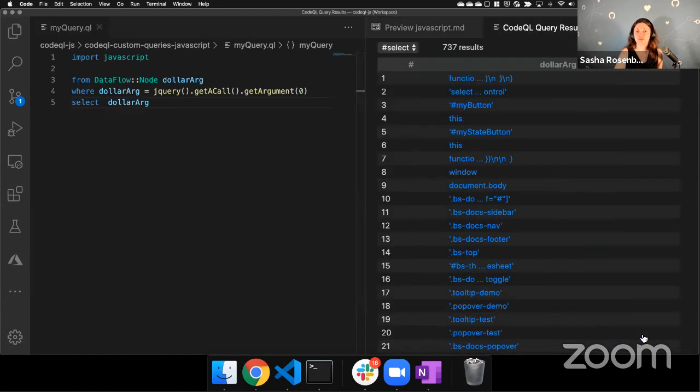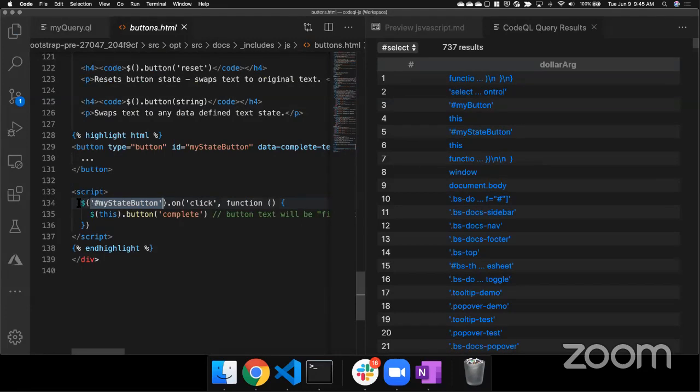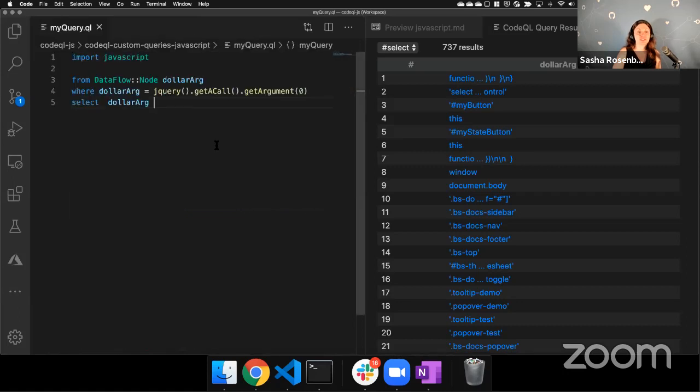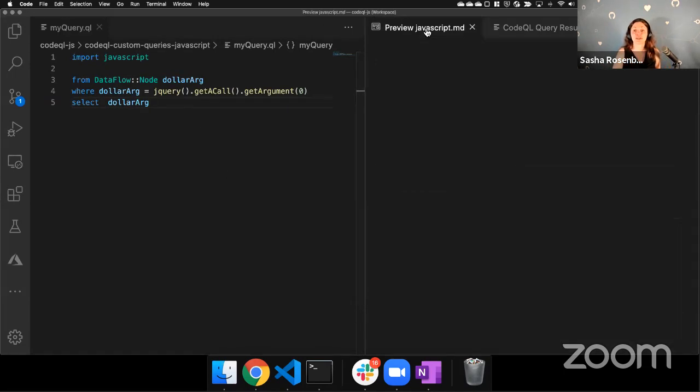Okay, so let's do view results. So in this case, we can see that it's the same results. So there was nothing defined in a different spelling, but it actually returned the same things. And we can see that indeed this was a call to the dollar. So now I'm returning the argument in particular, but you can see that these were indeed the functions calling dollar function with an argument. So we've just written a query that can find dollar function with an argument, which is kind of the first part of the